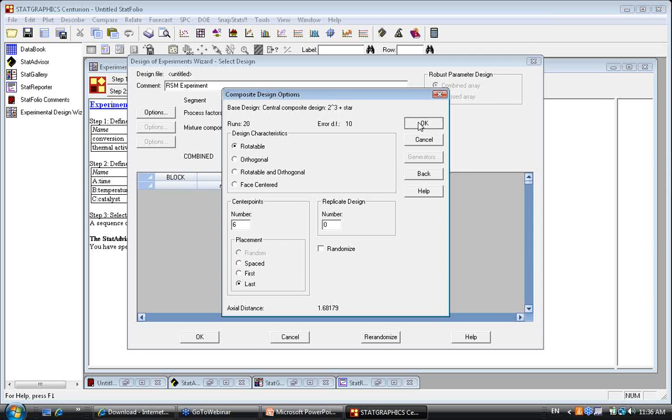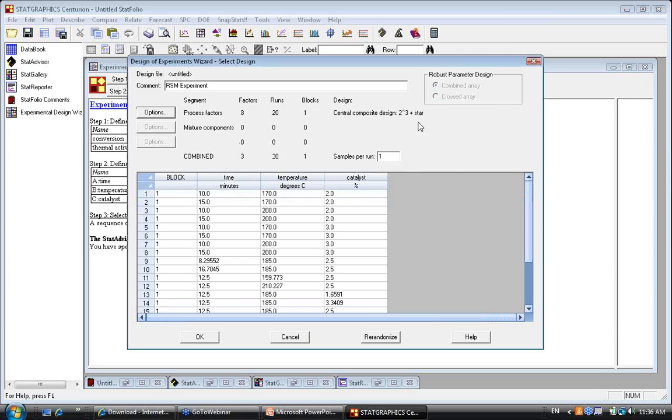All right. Once I select those options, it will then add to the original dialog box here a list of the runs that it will want me to do. Now, what it wants to do in this particular instance is run 8 runs, runs 1 through 8, which are a 2-level factorial. High, low, high, low, high, low, all combinations for time, temperature, and catalyst. It then wants to run in the CCD 6 runs, which are